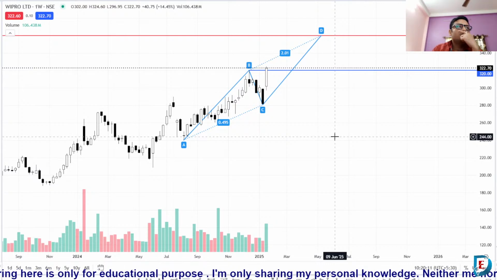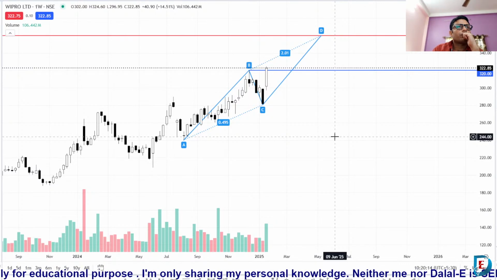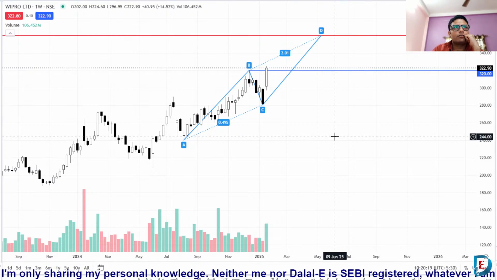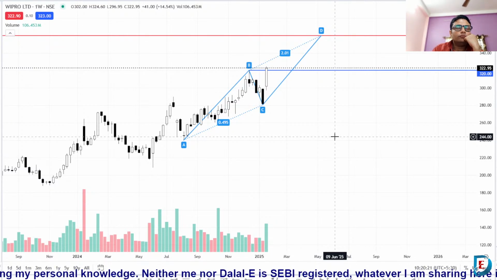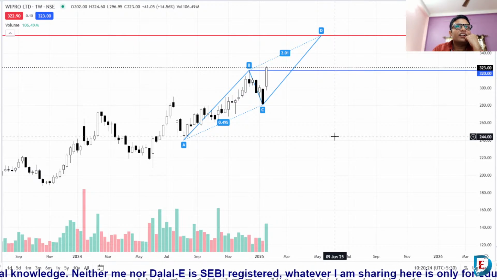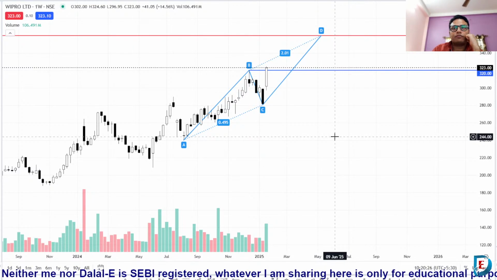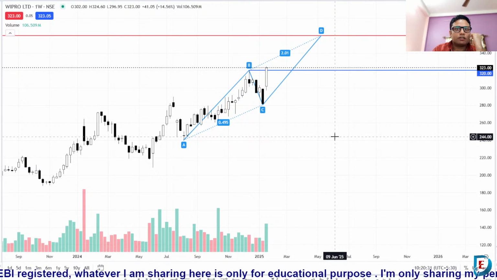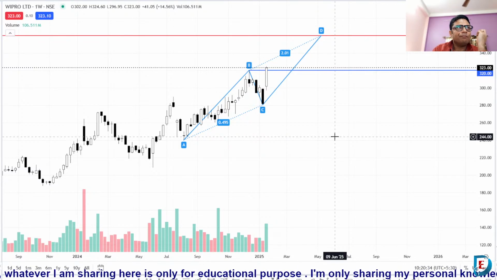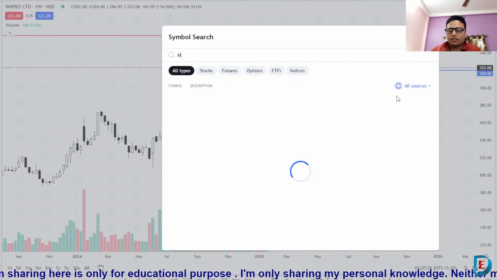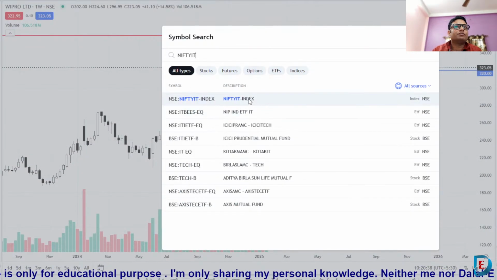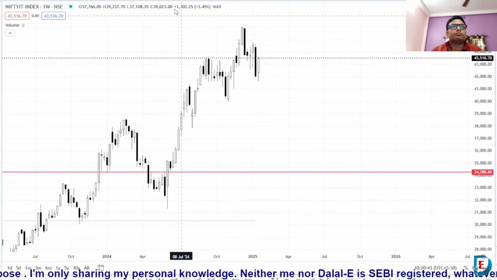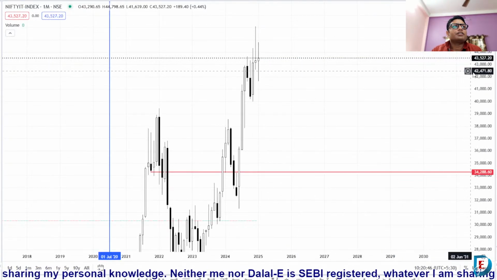We are heading to 360 in Wipro. It's a good breakout, but the market is not in the mood of making any fresh long positions. Overall market, I mean Nifty basically. So we have to check the Nifty IT chart before making any trades in Wipro. I already shared a chart